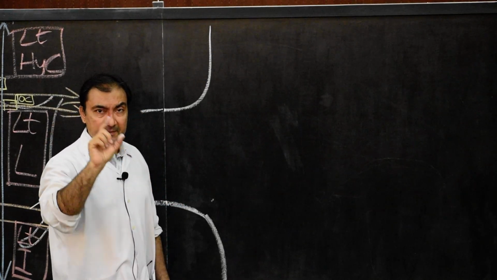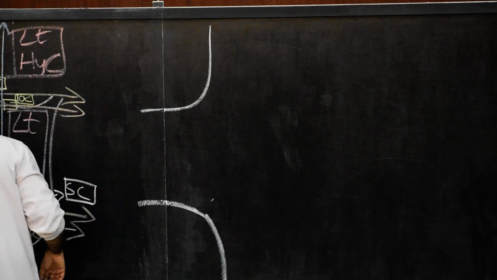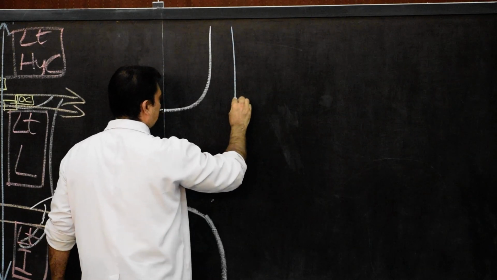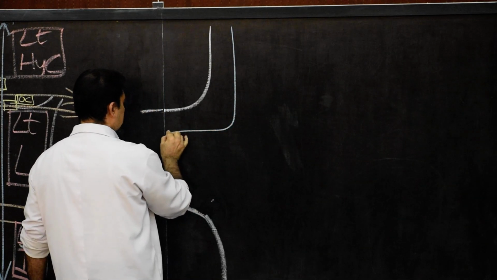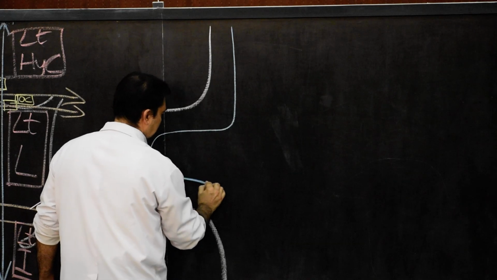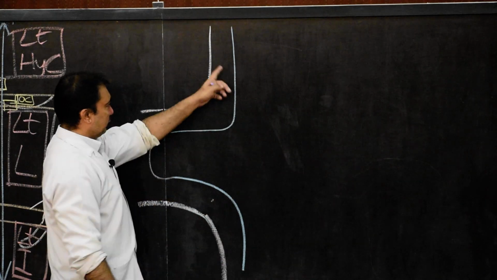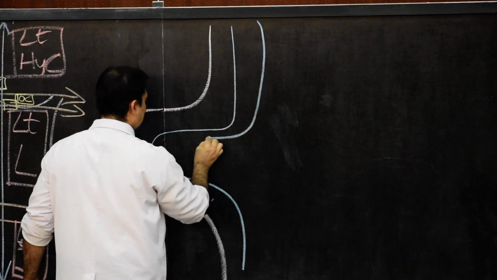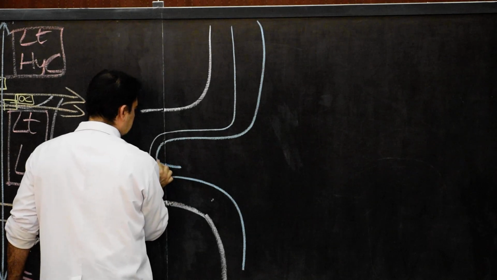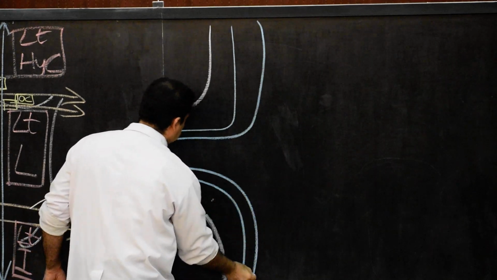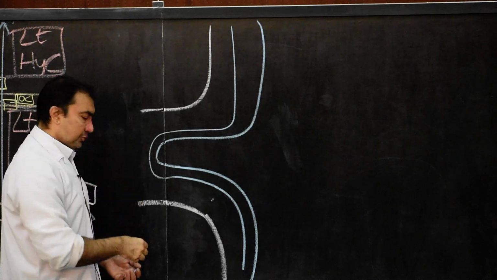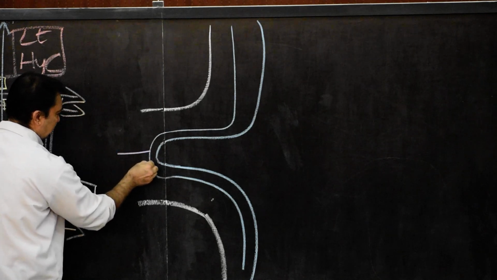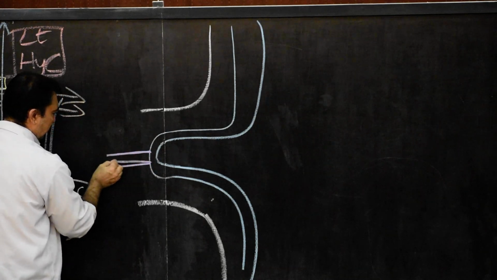But here we need to mention and draw one particular diagram. For example, here we are going to draw the foregut. Now we draw the midgut and the hindgut. Foregut, midgut, hindgut. We draw it in the form of a tubular structure. So this is the tubular structure of foregut, midgut and hindgut. And then we are going to show the vitellointestinal duct, as another tubular structure.